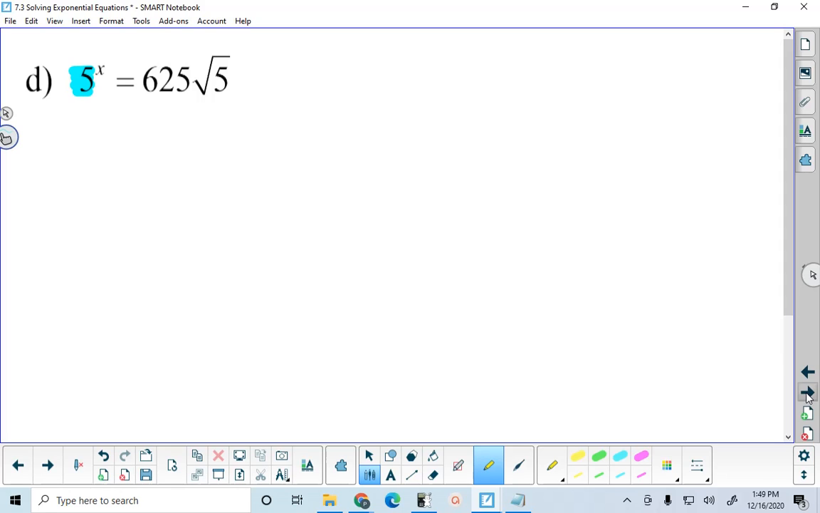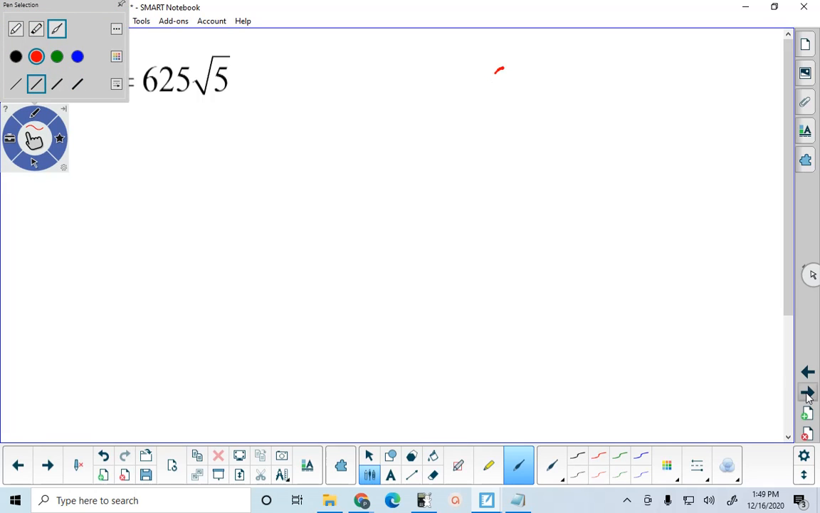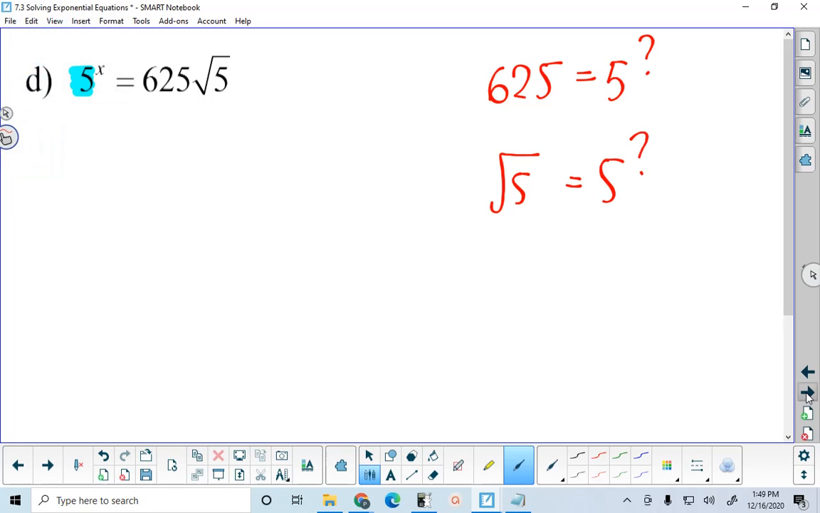So we have 2 little exercises that need to be completed. 625 is 5 raised to the what? And root 5 is 5 raised to the what? We need to know the exponents on the 5s that would give us the 625 and the root 5. Well, you can play around on your calculator. Correct me if I'm wrong, 5 to the 4 is 625. Is that right? 5 to the 4? Okay, that's easy. So we're going to rewrite this so far as 5 to the x equals 5 to the 4 times